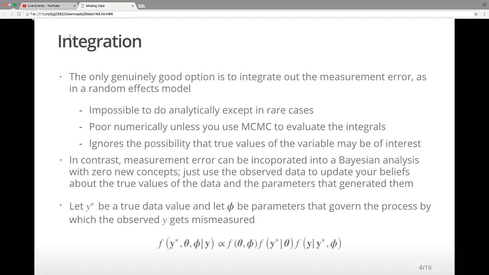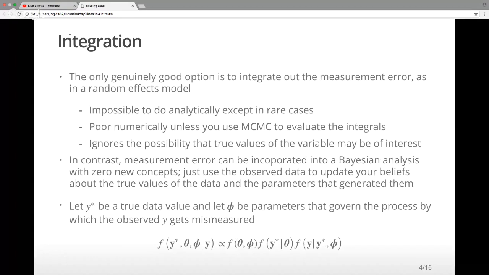Then we can write the posterior distribution for all the true values, theta, which is the parameters that go into the data generating process for the true values, and phi, which is a separate vector of parameters that governs the data mismeasurement process, why some are overestimated and others are underestimated. Anyway, we can write this posterior PDF up to a constant, ignoring the constant in the denominator. It's proportional to our prior beliefs about theta and phi, represented in terms of a PDF for them,